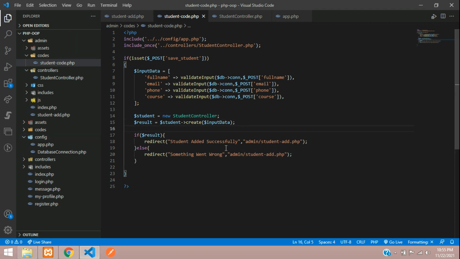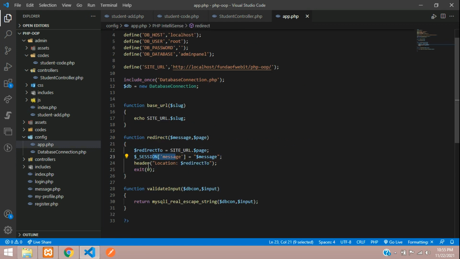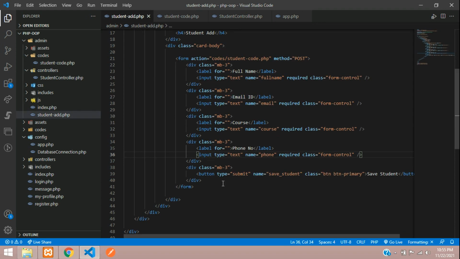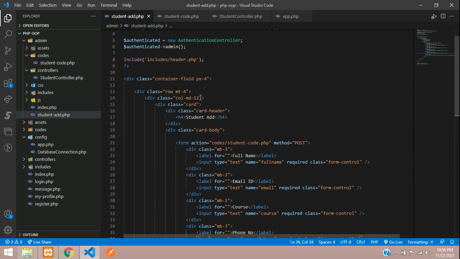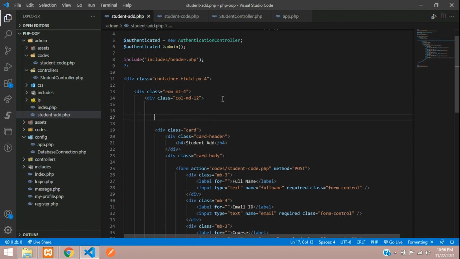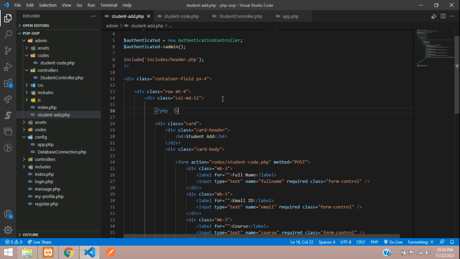All set. So now guys, to check this redirect, we already have it in app.php. All set over here. As you can see, one is the message and one is the header location. So now over here we want to show the message in add student.php. So let's move to add student.php and show the message. So just want to show inside the column. So what you have to do, you have to include your file, that is message.php. So let's include that, include